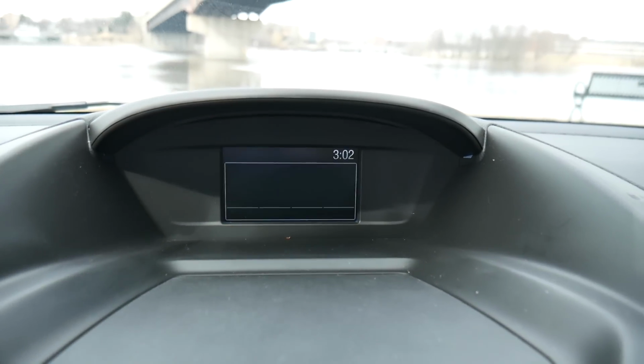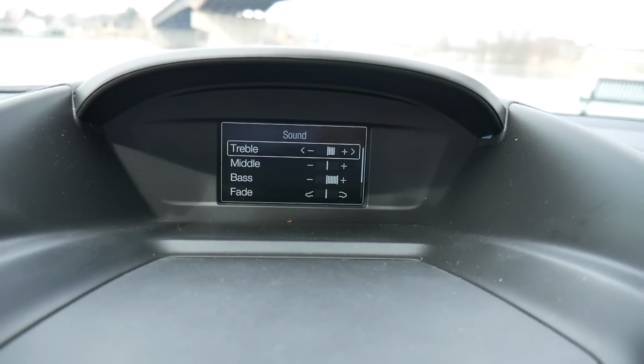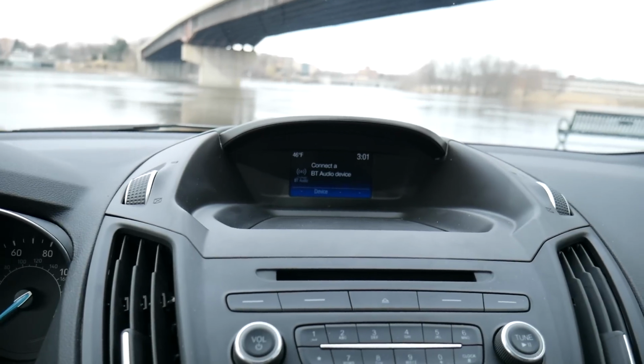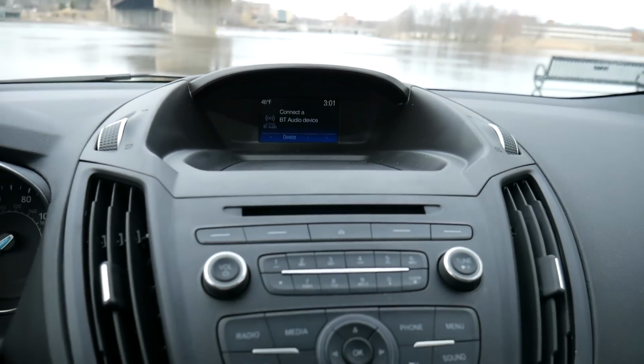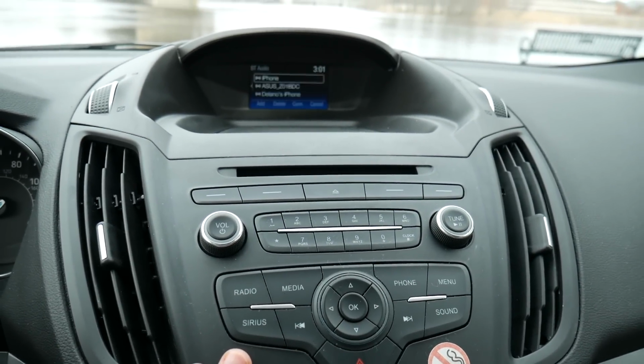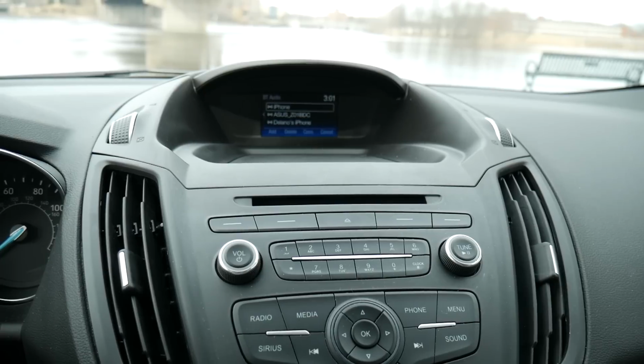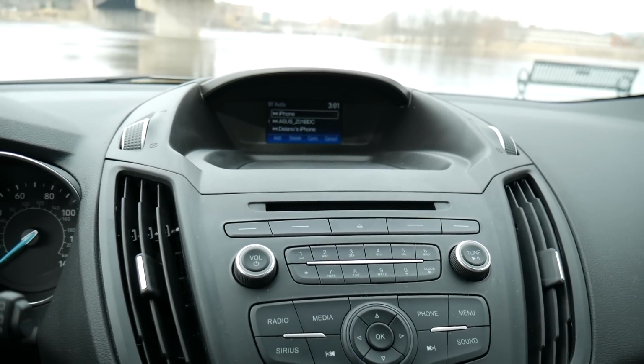You know, shifting between maybe your cell phone that's connected via Bluetooth or the radio, or maybe Sirius XM if you have it. It's pretty easy to use, however, because you do have some pretty nice big buttons to interact with the system, and honestly I had no trouble at all. I connected my phone via Bluetooth within about 10 seconds